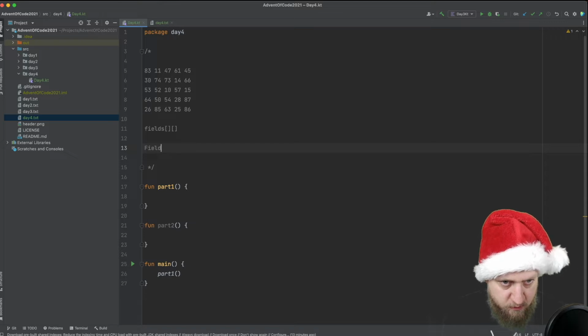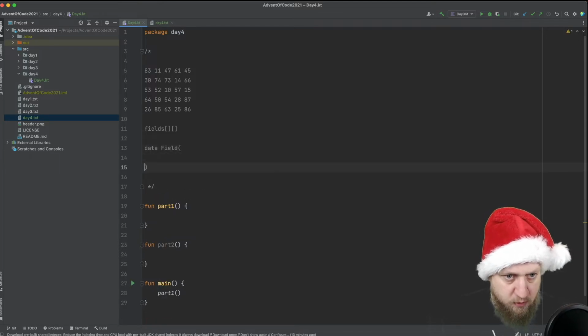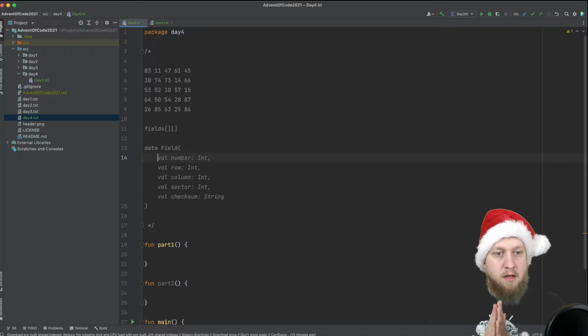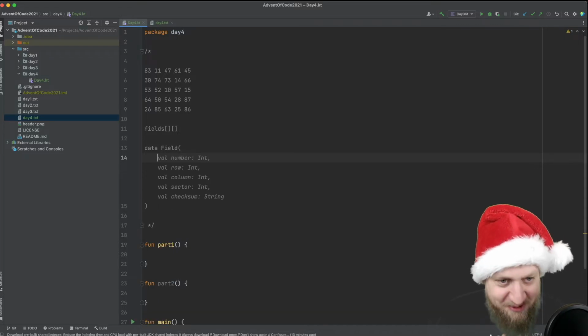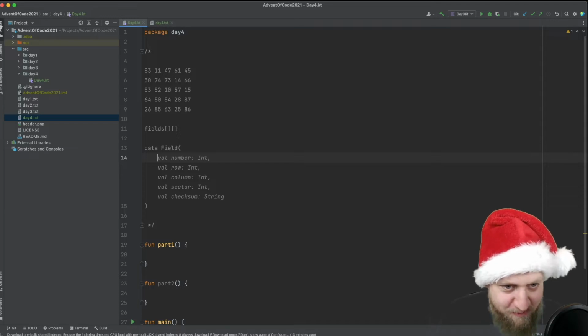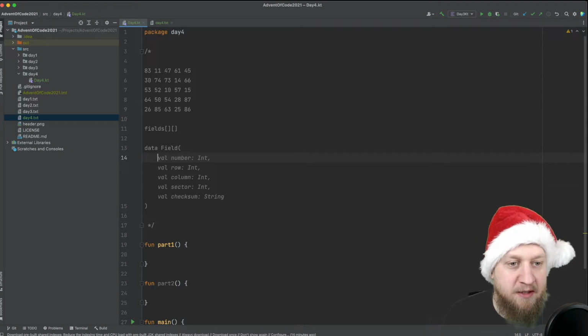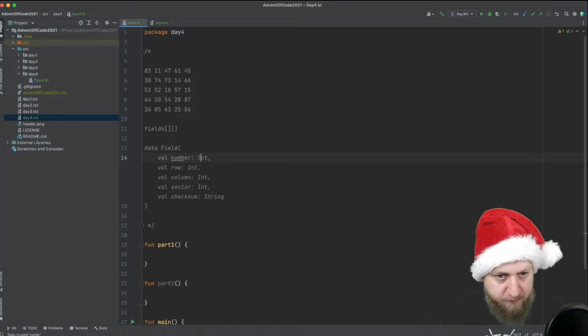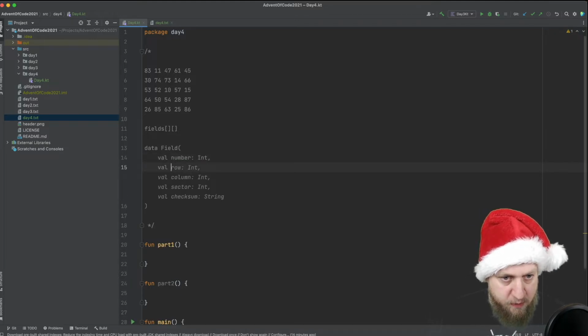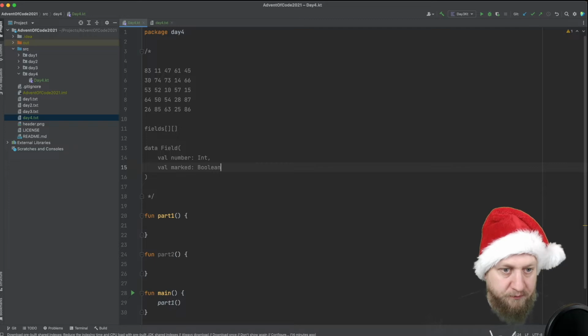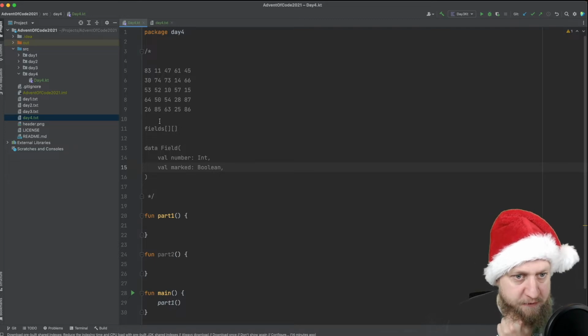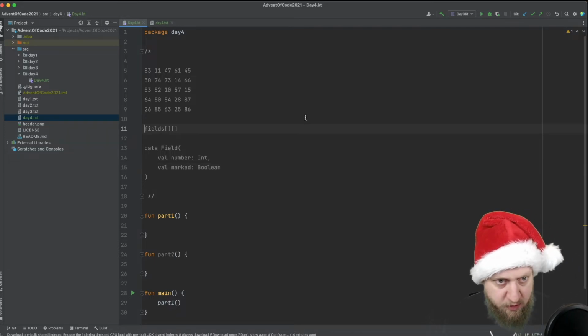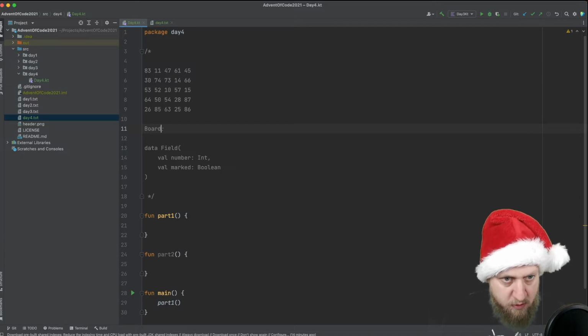Let's just try to... well, it's proposing to autocomplete it with completely unrelated stuff, but let's say a field could be a number and it could be a marked bool. This is one option. Every field in this board, and a board is just